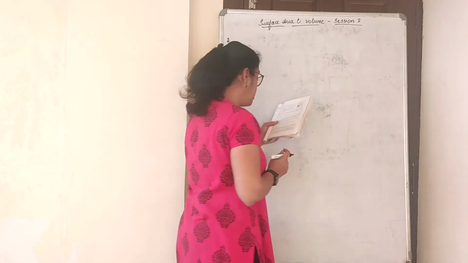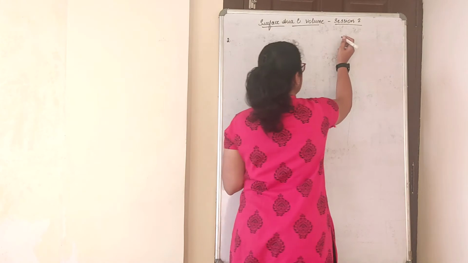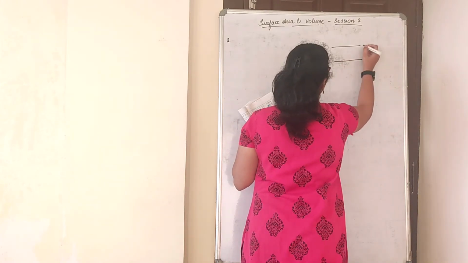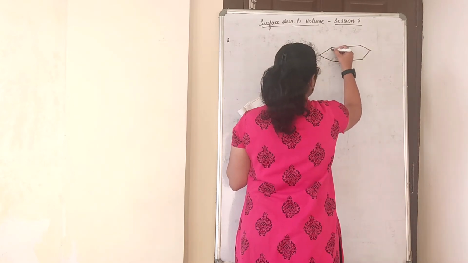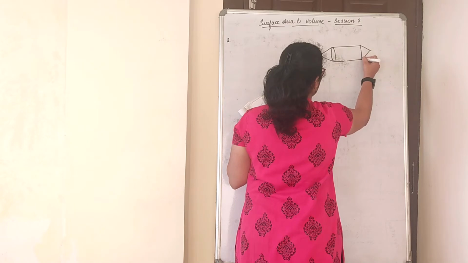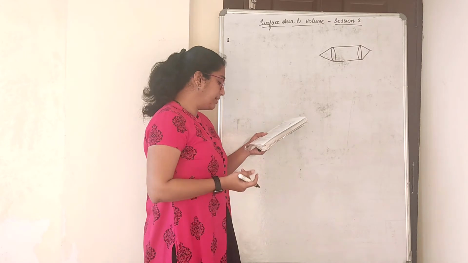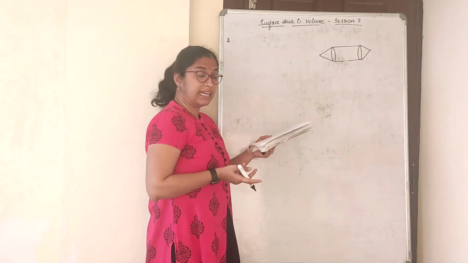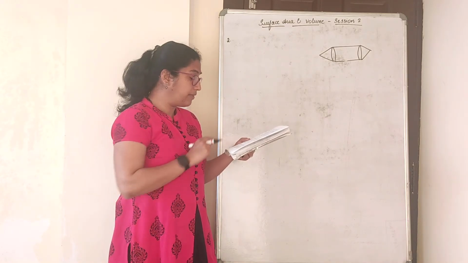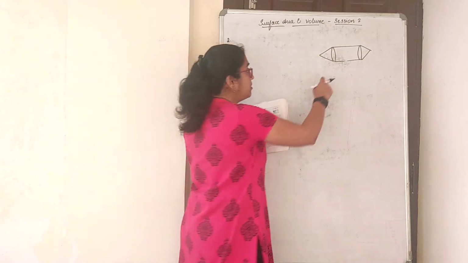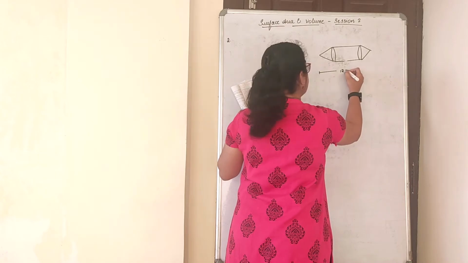Rachel, an engineering student, was asked to make a model shaped like a cylinder with 2 cones attached to its ends. So she was asked to make some cylindrical conical model like this, whose ends are attached like a conical part. Using a thin aluminium sheet, the diameter of the model is 3 cm. Diameter is given, find radius, that is d by 2, 3 by 2, and its length is 12. The whole length is 12 centimeter.